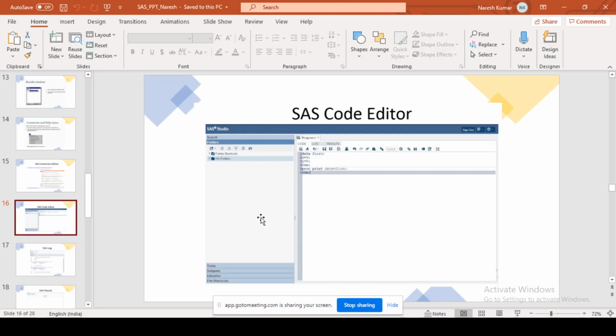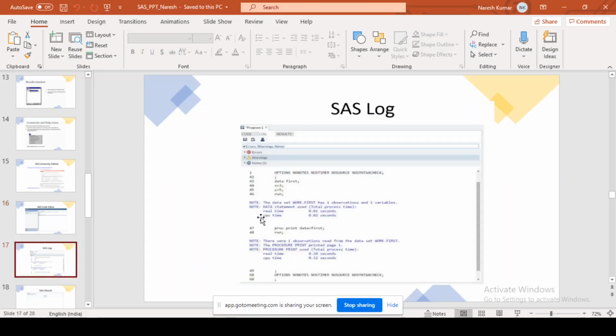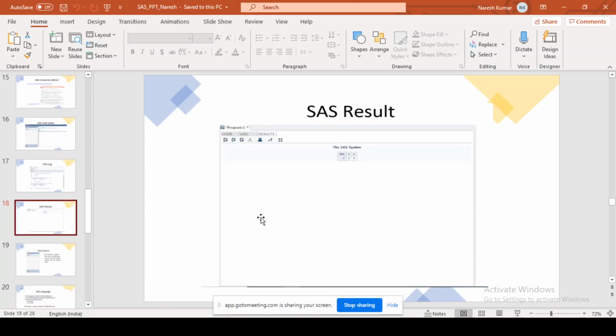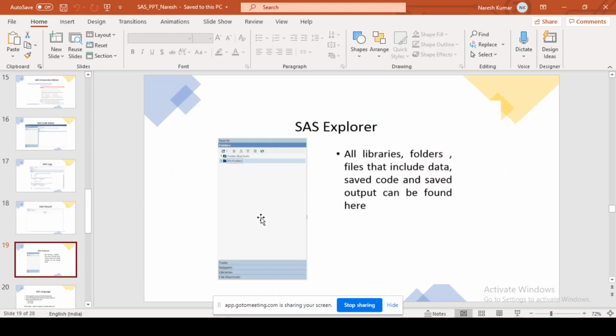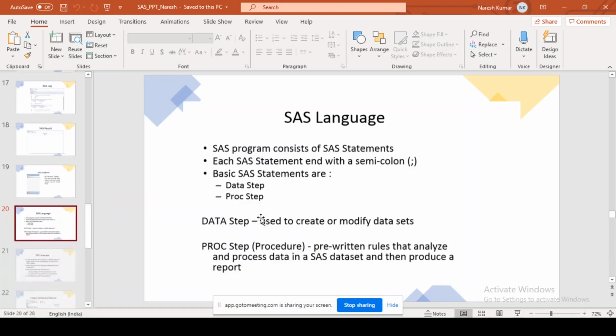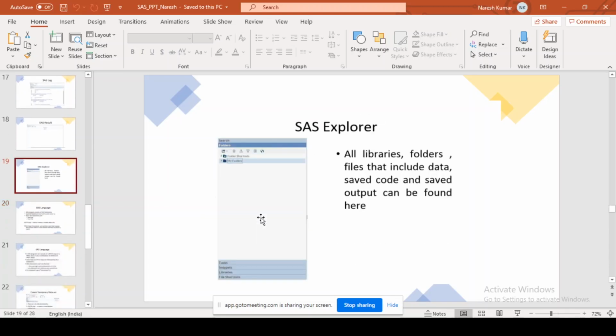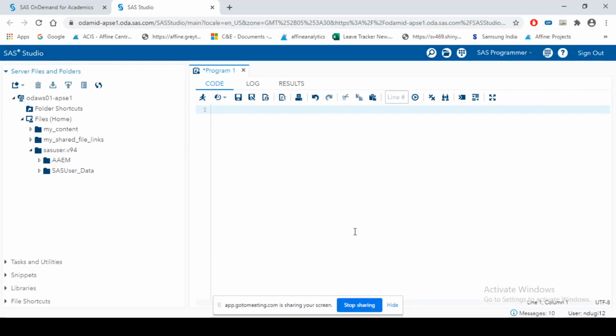In this also we will have different windows. The SaaS log would look something like this, the SaaS result would look like this, and the SaaS Explorer window would look like this, where we will have all the libraries. And then we will come to the other part. So let me go through the SaaS UI part first.